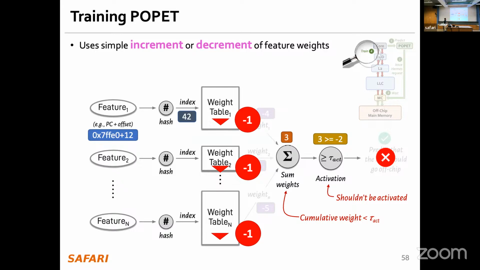let's say you actually went off chip, but then your activation did not happen. So that means your cumulative weights were actually lower than the activation threshold. Then you are going to increment these values. Does it make sense? It's like simple increment and decrement operations with lookups, and you can just simply train this